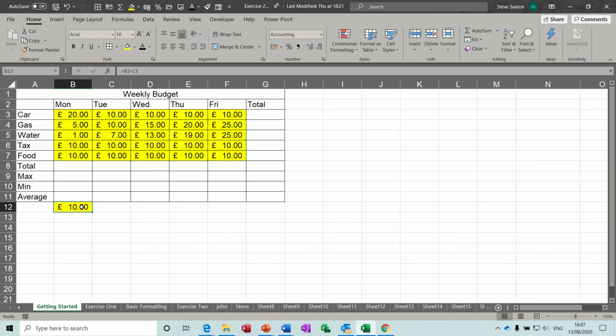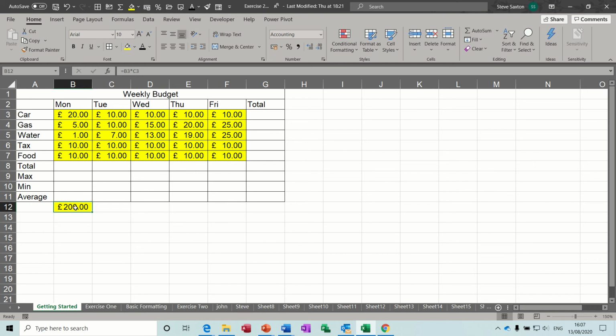Next one, multiply, equals B3. Now the times sign is the asterisk. Some computers that I've got, some laptops, have actually got an X, Chinese keyboards with an X on it. It's very confusing for people. Even when you press the X, it still puts the asterisk up there. So that's what you're looking for. Don't put the X on the keyboard, it doesn't work. Click on C3, so B3 times C3, tick the formula,